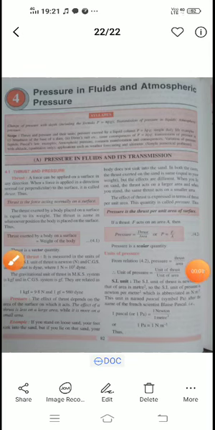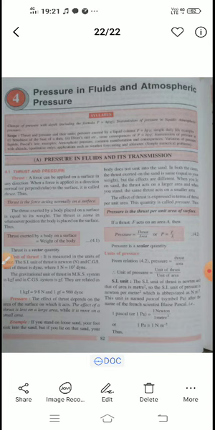Good morning, 9th standard. Today we will be learning about chapter 4, pressure in fluids and atmospheric pressure. The word pressure is known to you from your 8th standard. Before going into it, let us have a recap on it, learning what is pressure and its SI unit,